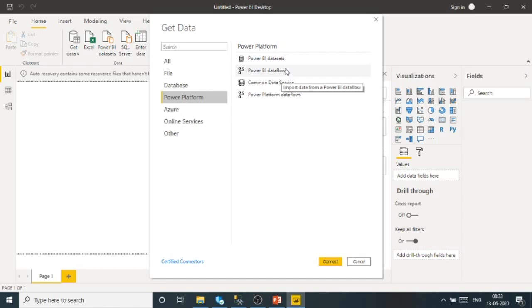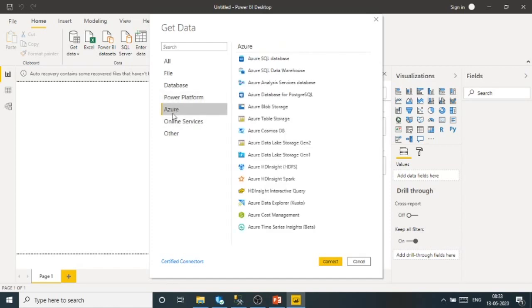Once you click on edit report, it will open an online Power BI desktop. The best way, if you are opening Power BI desktop from Power BI services, is that there is no need to save anything. Once you create your report, all the reports will be saved automatically.